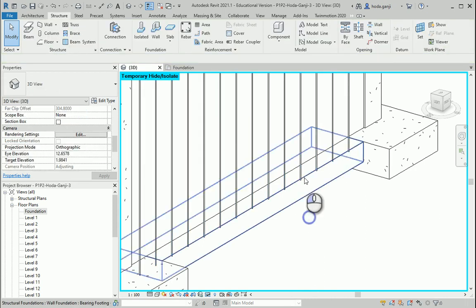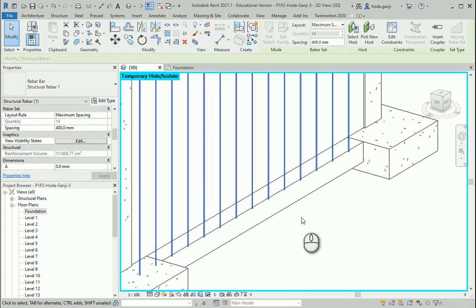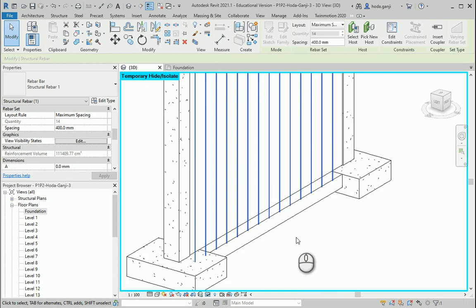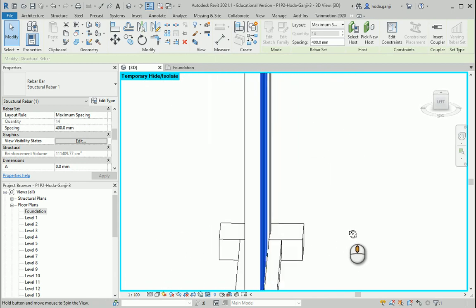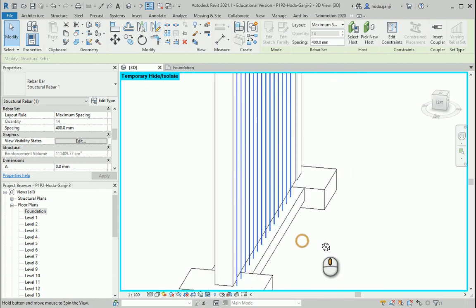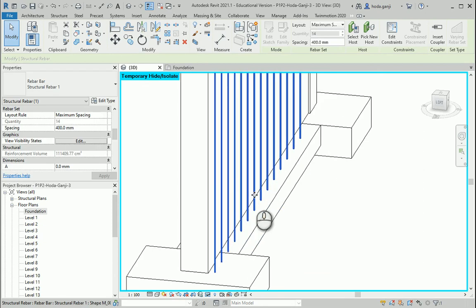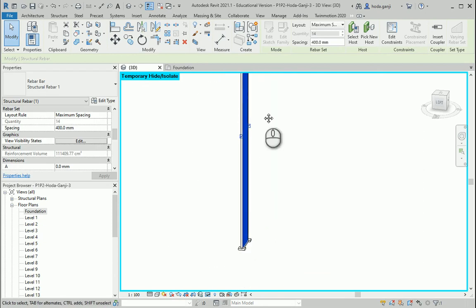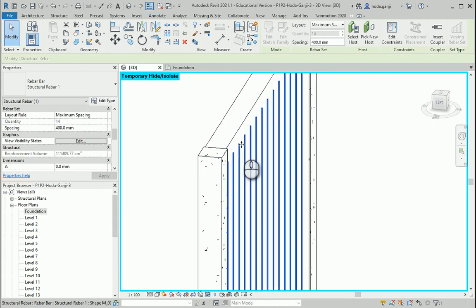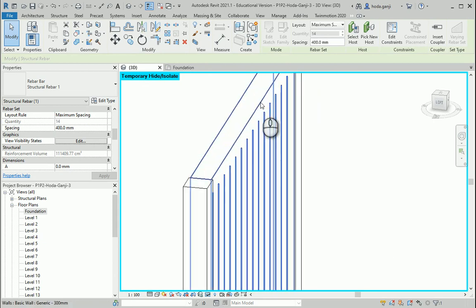Now, how about I select this and show you one more interesting thing. At the bottom here, we actually need this to bend and go into the foundation. So let's also check the top. At the top, we also need to have kind of a bend at the end.